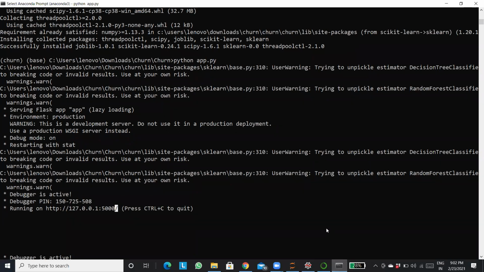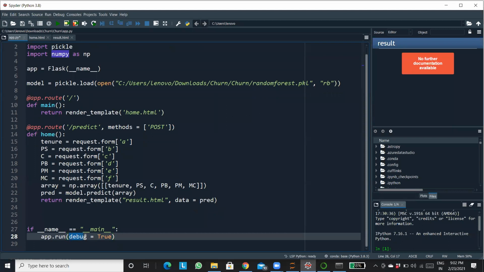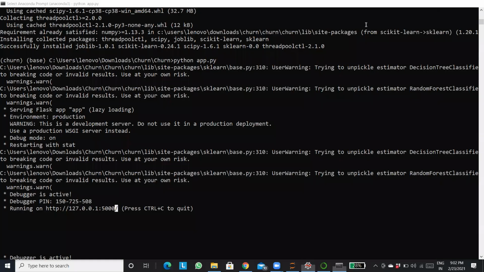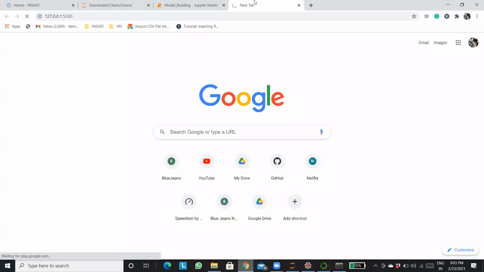If you want to debug the code, Nirmal, that's why the debugger is there. Why is it coming? Because here I have put debug equals to true. So we have given the provision to debug it if any bugs are over there. Yeah. So this is still loading. Once we deploy it on the server, it's going to be way faster than this. Ankan, as we saw, I guess the pickle file is not required to be installed over here. Let's see if this particular thing works or not, because it's taking too much time.